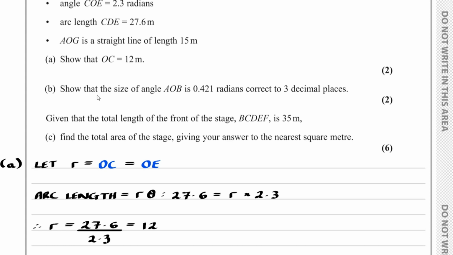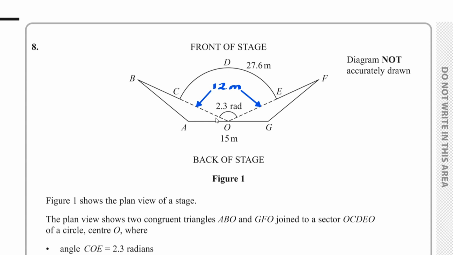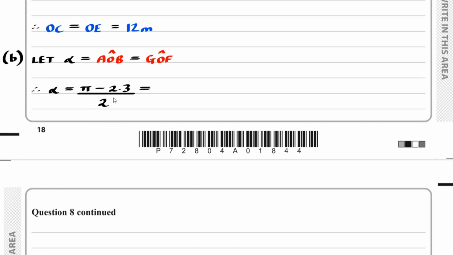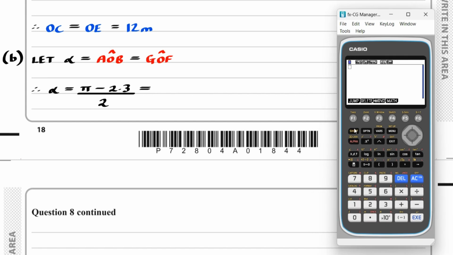Part B, we have to show that the size of the angle AOB is 0.421 radians, correct to 3 decimal places. So this angle is equal to this angle, and notice we've got angles on a straight line which sum to 180, or equivalently sum to pi radians. So for part B, if we let alpha equal AOB equal GOF, then alpha is equal to (pi subtract 2.3) over 2, and if we work this out,